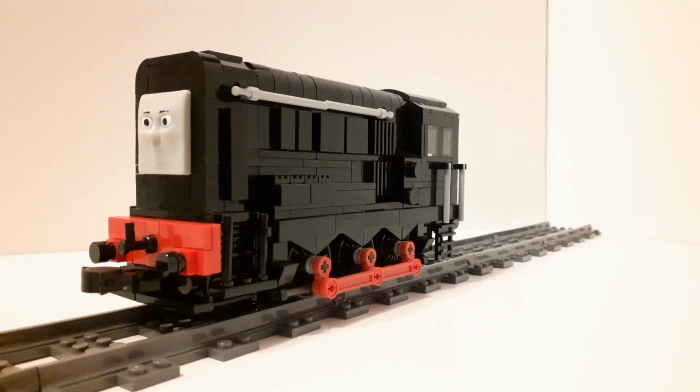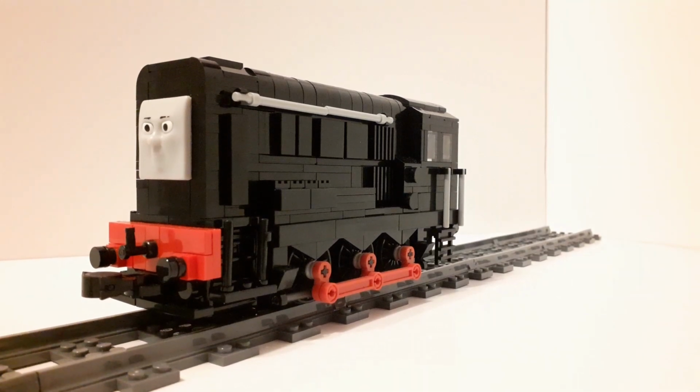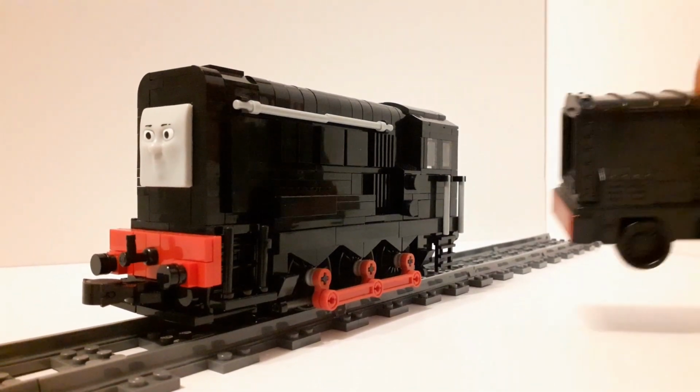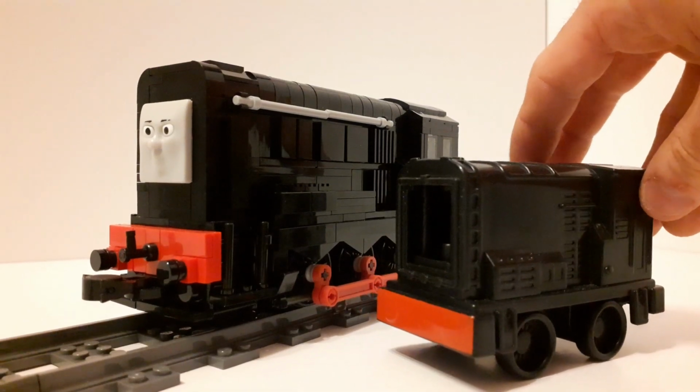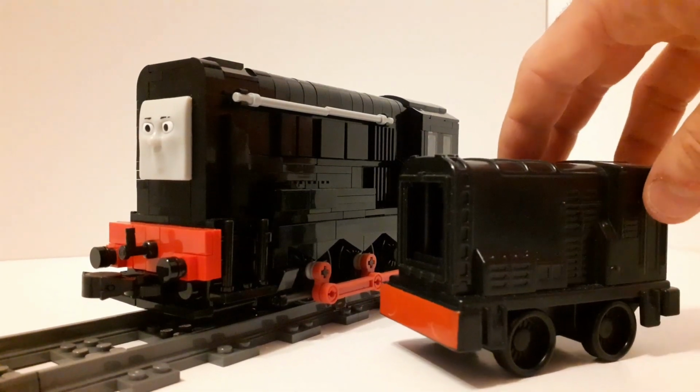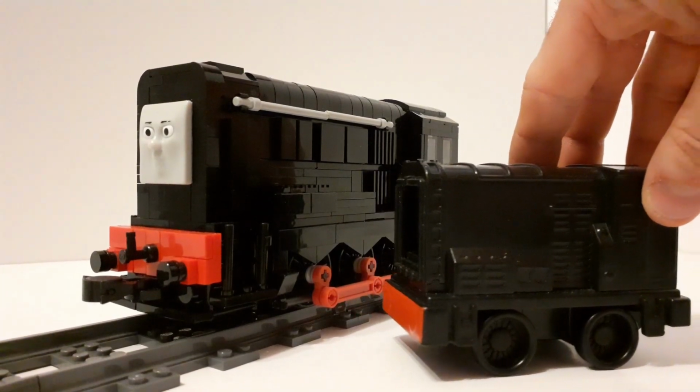Even though it has been answered many times, I do still get the question, where do I get the faces for my models? I use Golden Bear push-along toys. Now, for this diesel model in particular, this isn't quite the same toy that I've used in the past. It's something that comes up with the same search results, but I don't know what exactly this kind